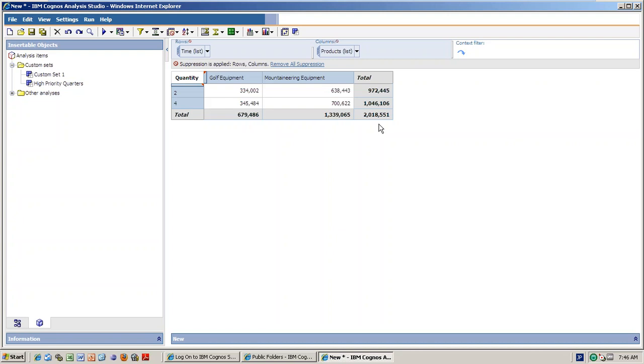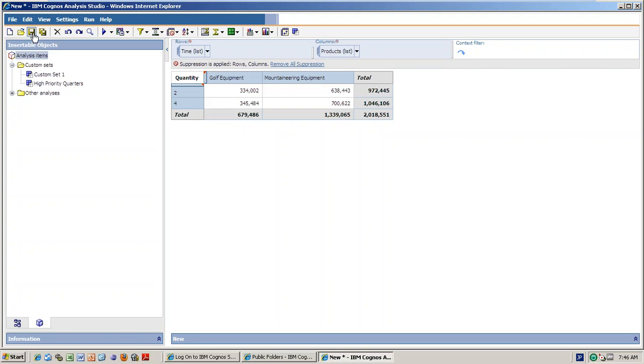Okay, so this is how you can create the custom sets, which will be useful for the users in future. Like this, you can create n number of custom sets which will be used by the users frequently. Any questions, guys, here?